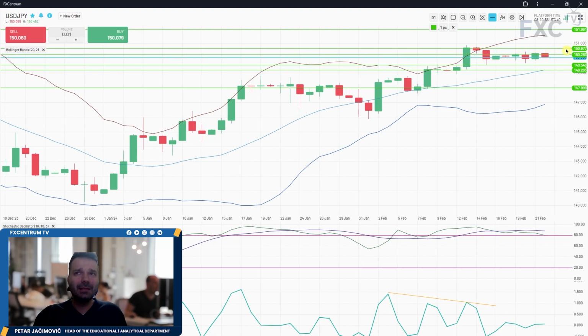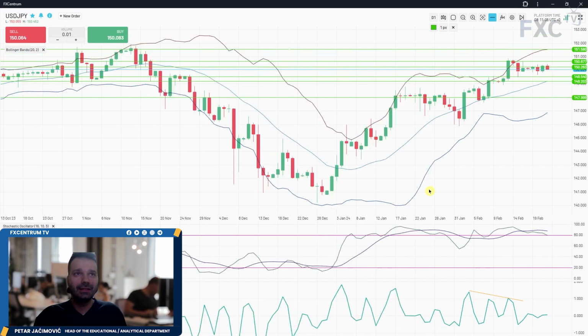Now, in case of the upside breakout, a break of 150.87, this may lead price higher towards the 151.56, or even this swing high from this area here. So how about this swing high just placed here? See, it's around 152. So the upside breakout to 150.87